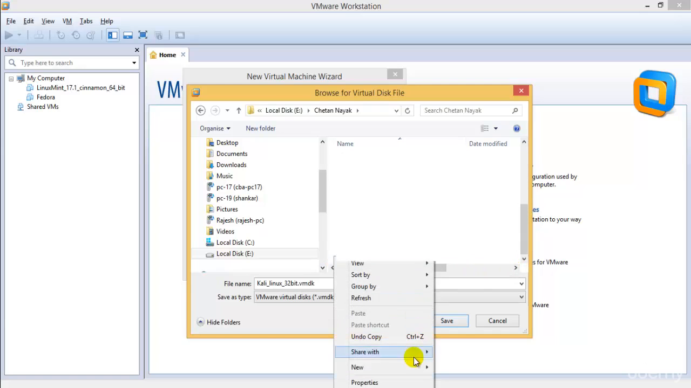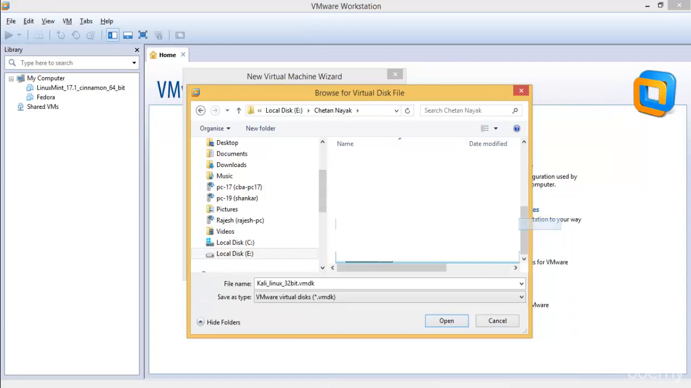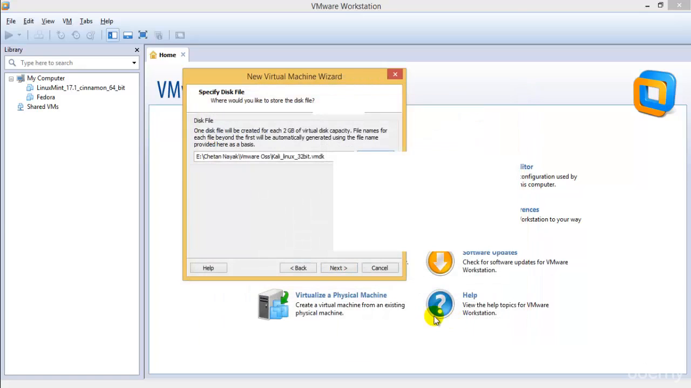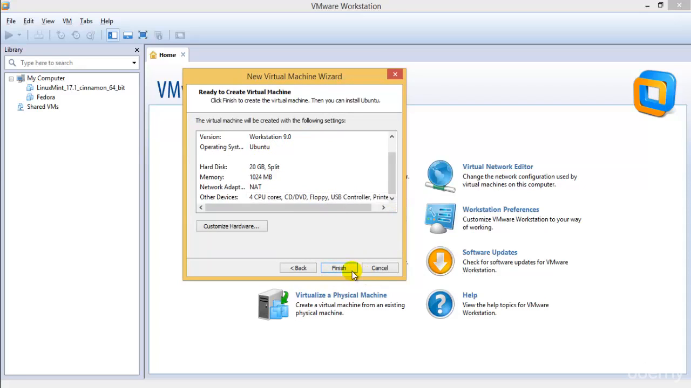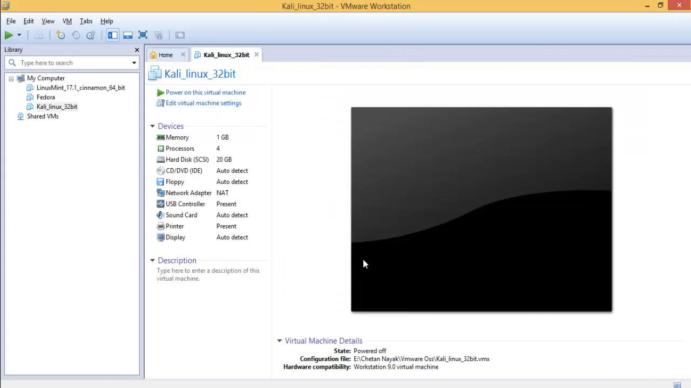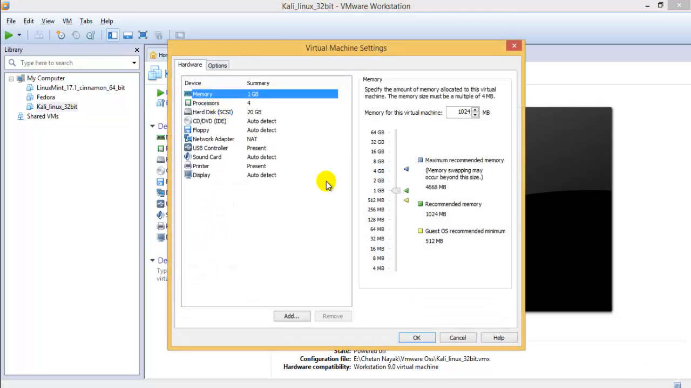Is there an option over here? Okay. Where OSS, and I'll go ahead and save it over here. Perfect. Next, so as you can see, VMware OSS, and we have everything over here. Finish. Perfect. And once I have it over here, before I install it, I need to click edit virtual machine, because we need to